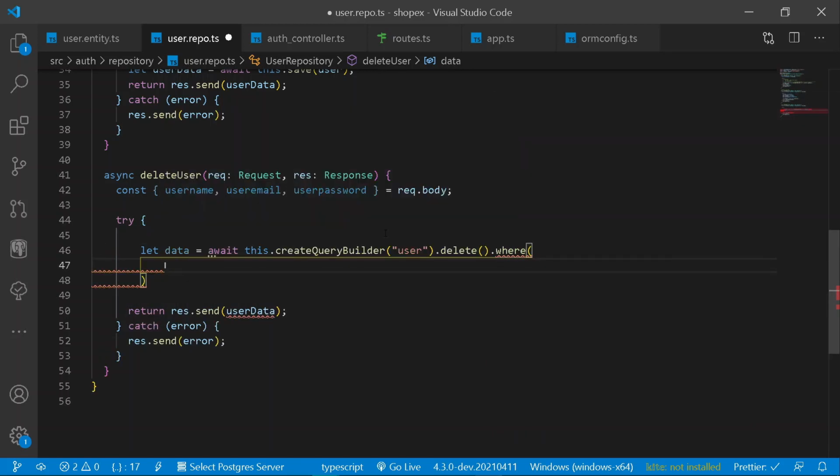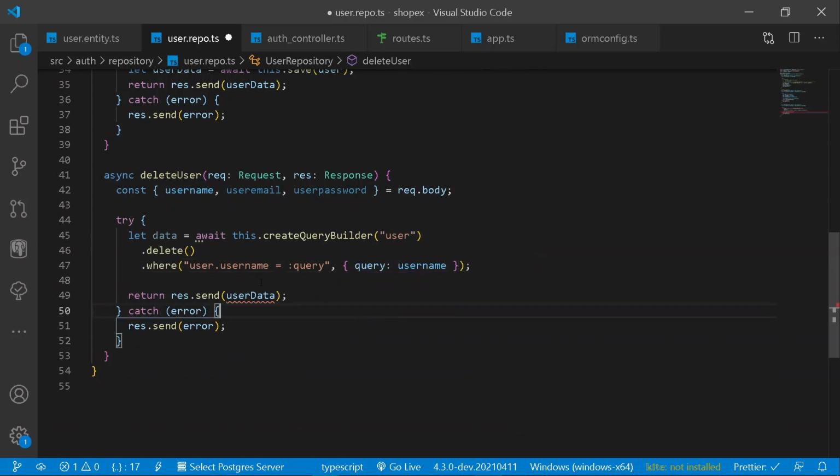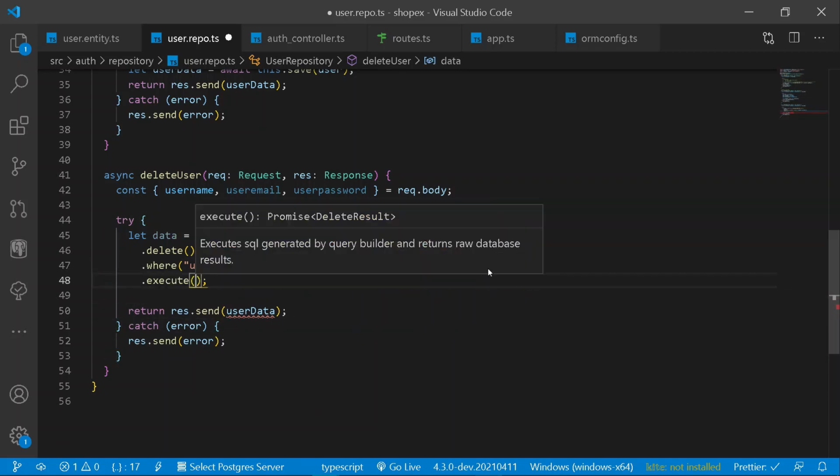And under where I can add a clause of user dot username should be equal to the following query that I will be providing. So let's add the following query here, and also we need to pass the parameter of query. So let's paste it here, and under my query I will be only fetching my username. Cool, let me add a colon here. So once we have done this, we are good to go. But after that we need to execute the following query. So let's add execute here.